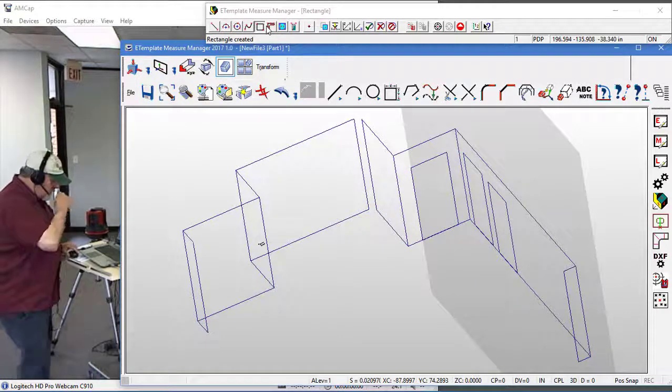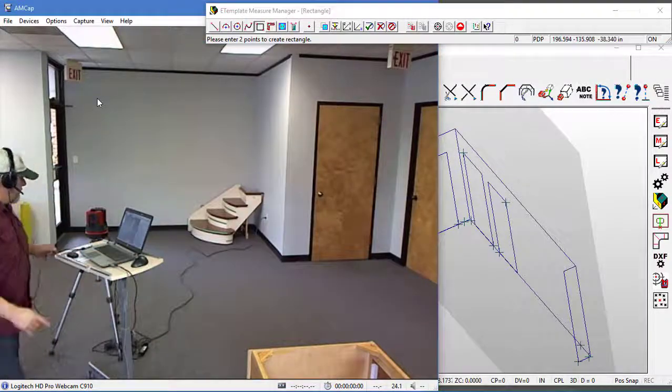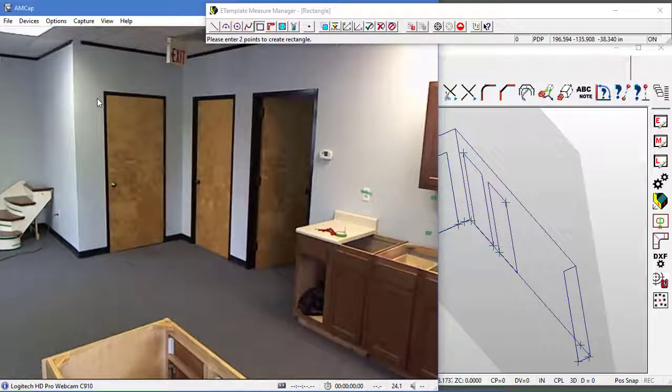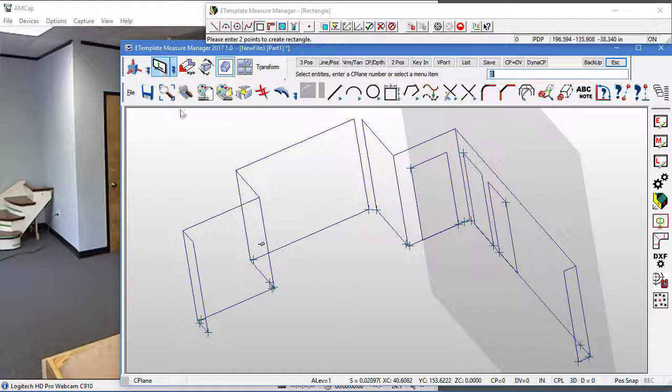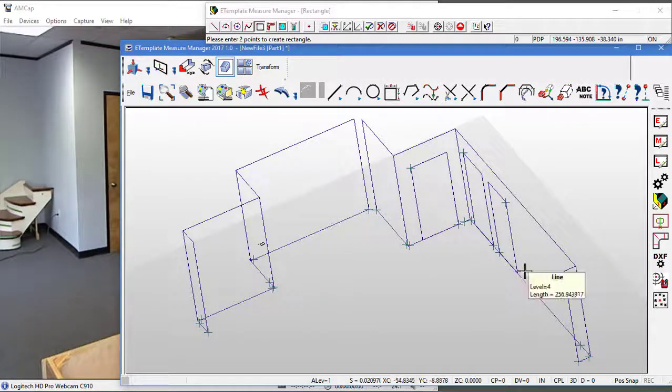Okay, and now I've got a cabinet. Let me show you these cabinets here that I'm going to get the end of. Well, you can see one of them right here. Yeah, there we go. So you can see these two ends here. Move my construction plane from here to here. It puts it on the floor, and I'm just going to get the outline of those two